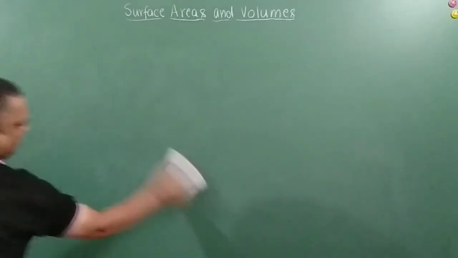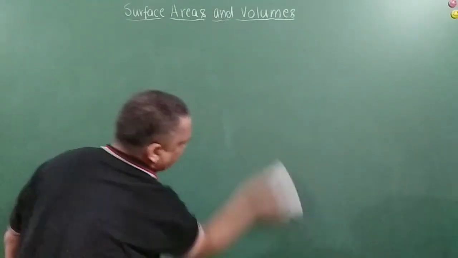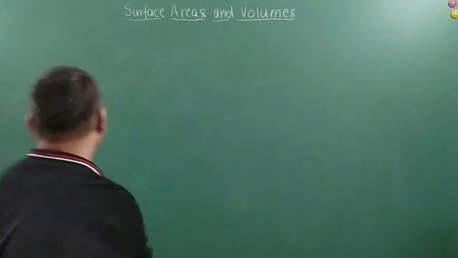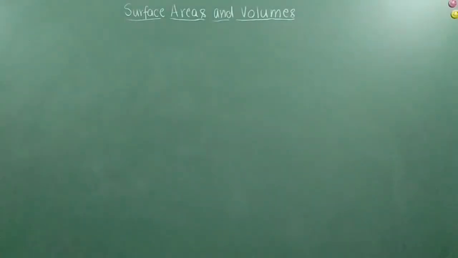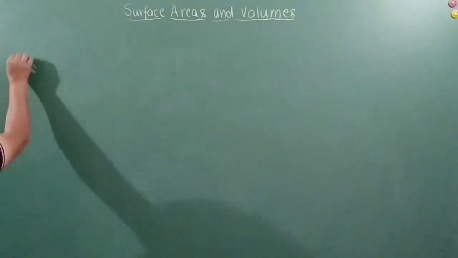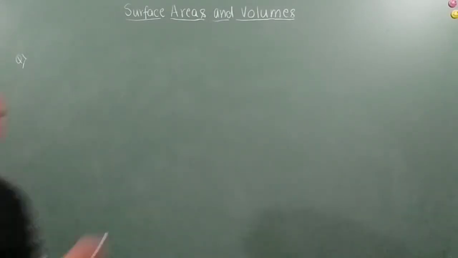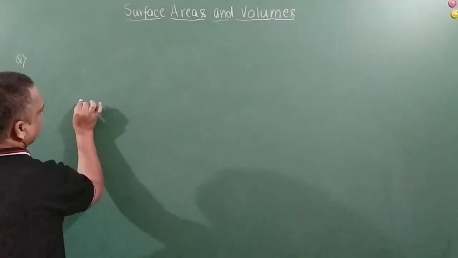Then hemisphere will be half of that, friends, so I will not take it. I will straight away move on to the problems because this is already 28 minutes over. I will just read out the problem. A cubical block of side 7 cm is surmounted by a hemisphere. What is the greatest diameter that the hemisphere can have? Find the surface area of the solid. Okay, so let me draw a cube first.